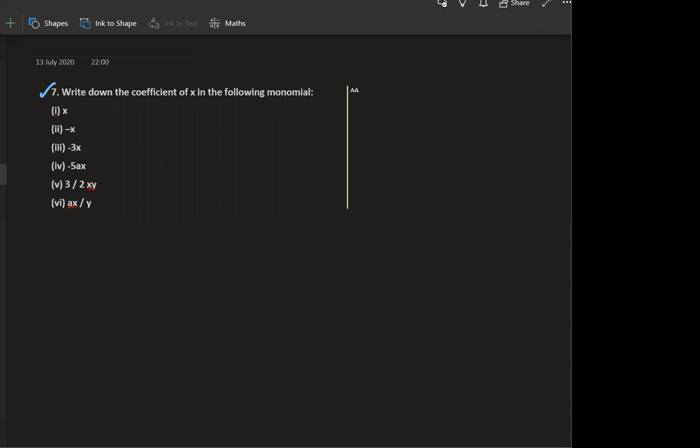What is the coefficient of x in part 1? What is the coefficient of x? So what is there with x? You would say, sir, nothing. Yes. x का coefficient क्या है? x के multiply में क्या है? There is nothing in multiply, but remember when there is nothing in multiply, 1 is always there in multiply. This is the rule. This one is hidden, you know. Have you seen Harry Potter, in which you might have seen that hidden cloak? So here also 1 is hidden.